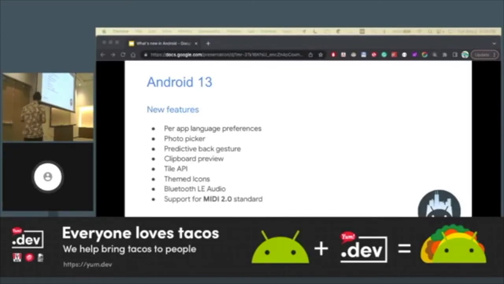So those are the behavioral changes, and these are some of the new features that are introduced in Android 13. The first one is per-app language preferences. So we have a new API, or new support, from Activity version 1.6, which is currently in